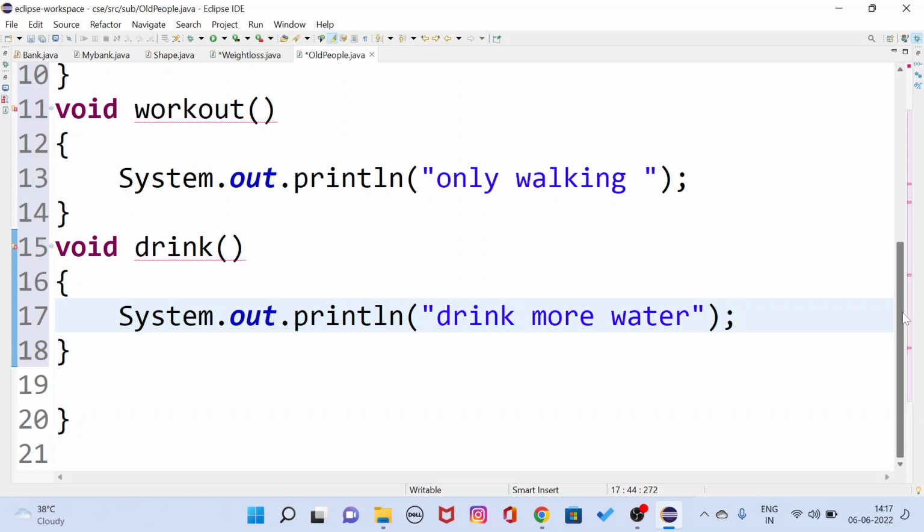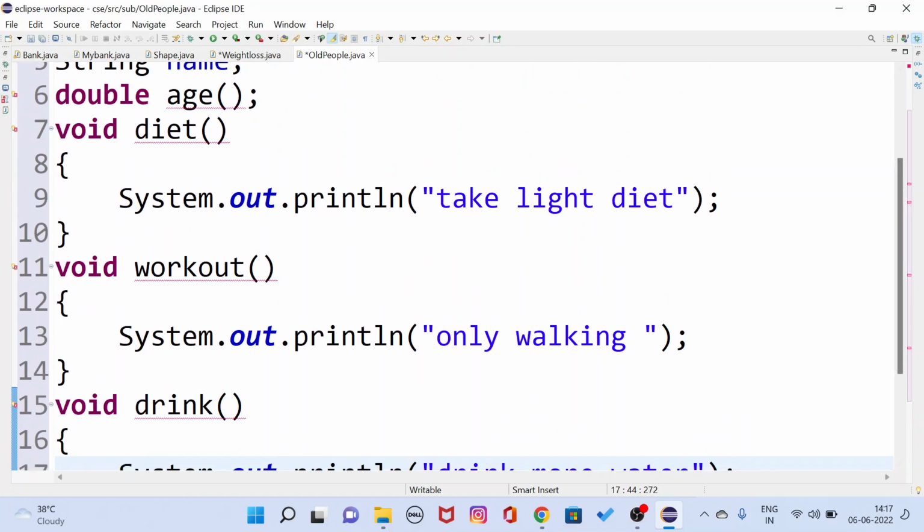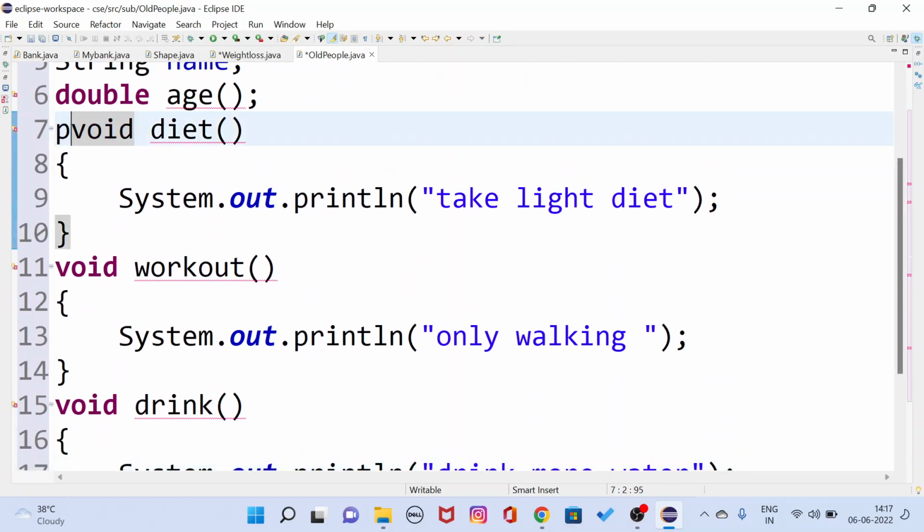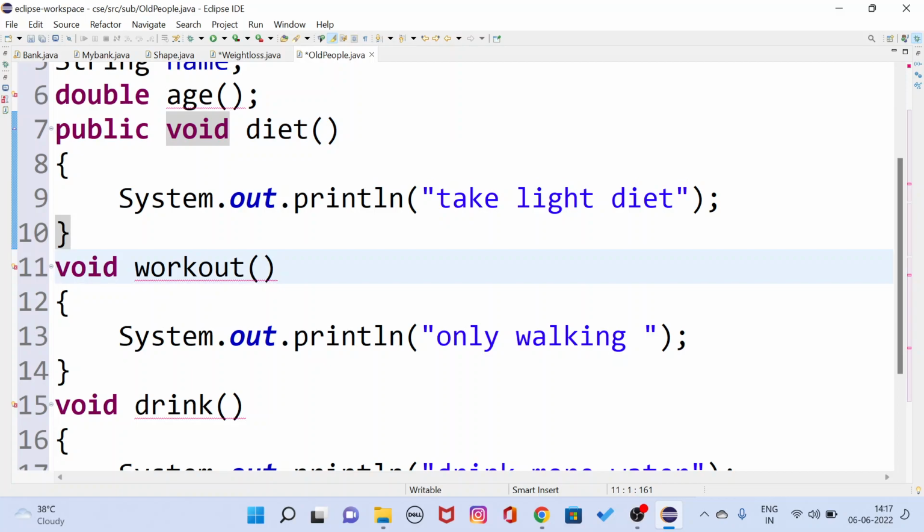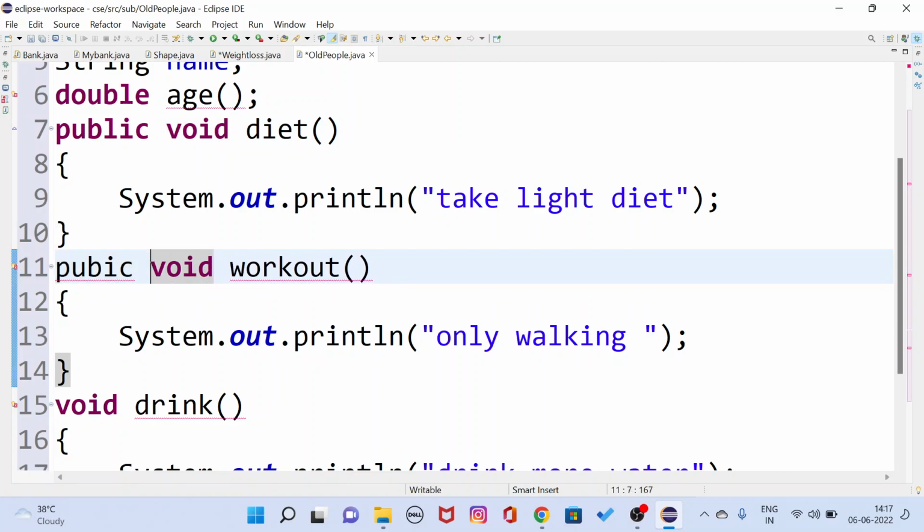So I have overridden all the methods. When I say implement, I should not override only certain methods, but I should override all the methods of an interface. So public void